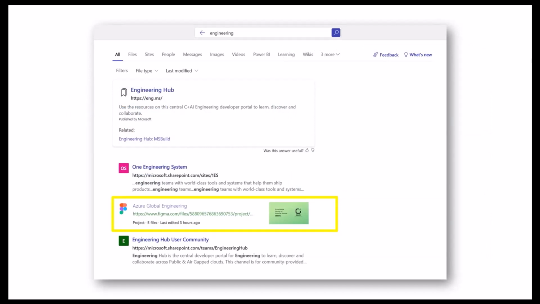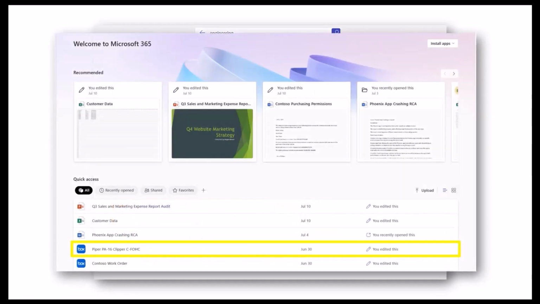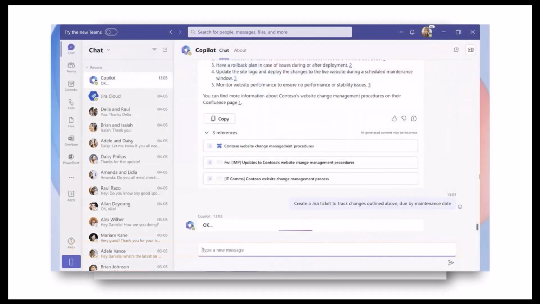Once indexed, users can easily discover, summarize, and learn about that content by searching for it in Microsoft Search. So this is an example of how Graph Connector content might show up in a search experience. They can also see it recommended to them in Office.com. So as you can see here, this is an example of a box item showing up in the Office.com recommended experience under quick access, or asking for a summary on it in Microsoft's Copilot in Teams.